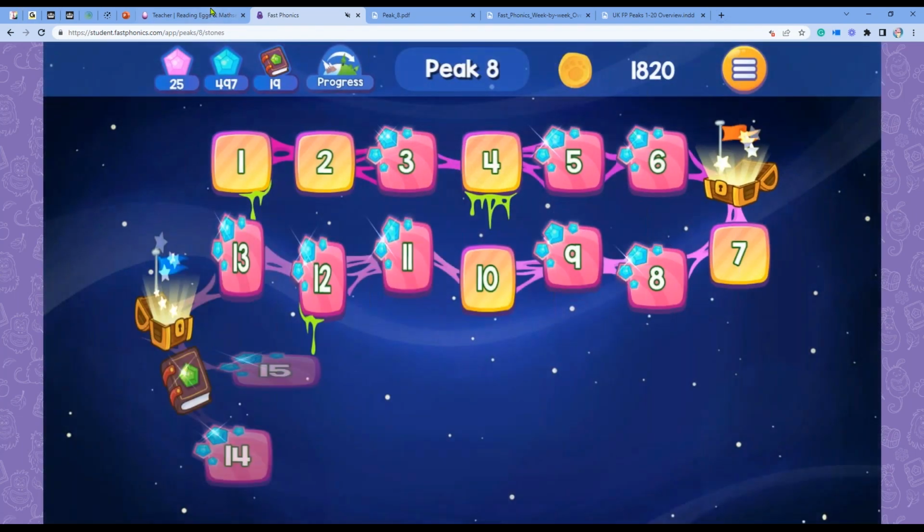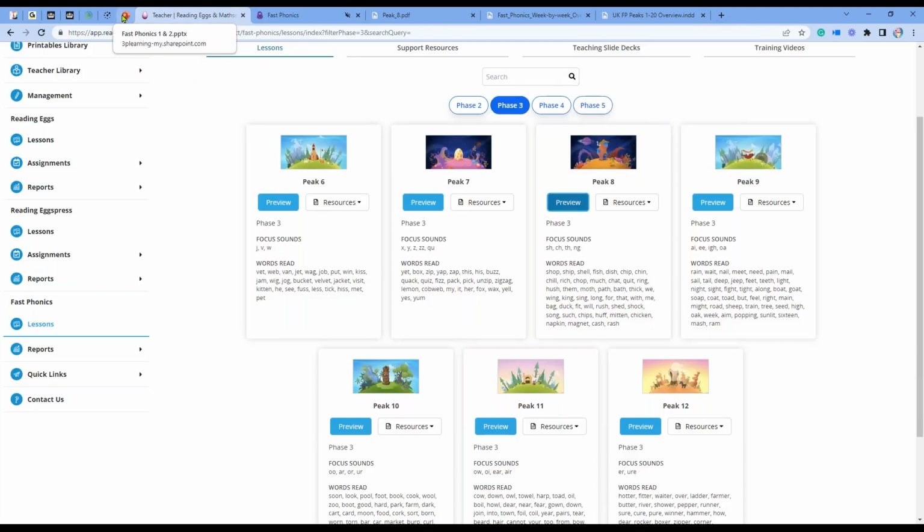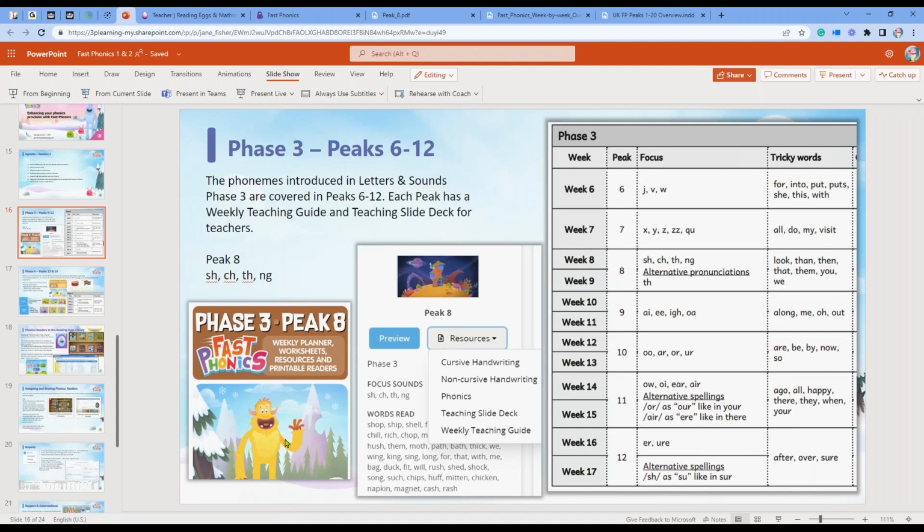So that's a little quick view of that peak there. So peak 8 as an illustration of one of the peaks that is within phase 3. So I'm just double checking if any questions have come through around the peak and the peaks and the content